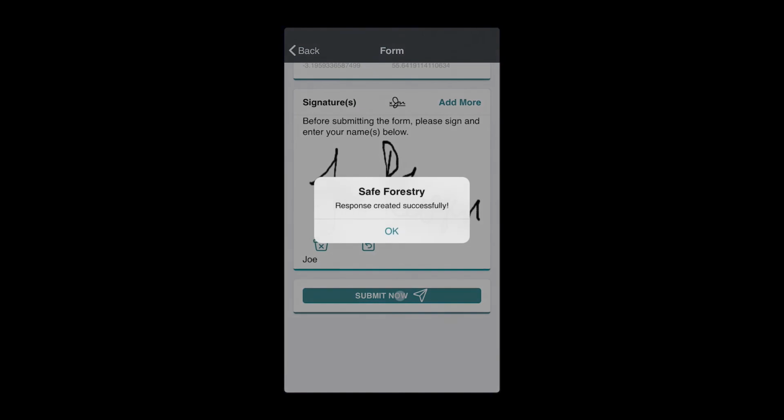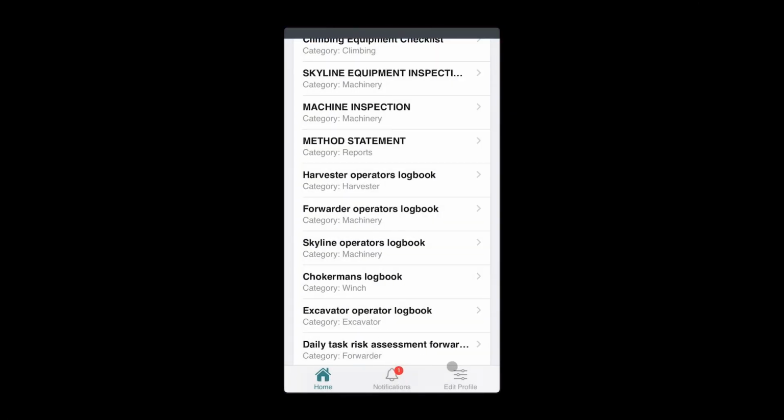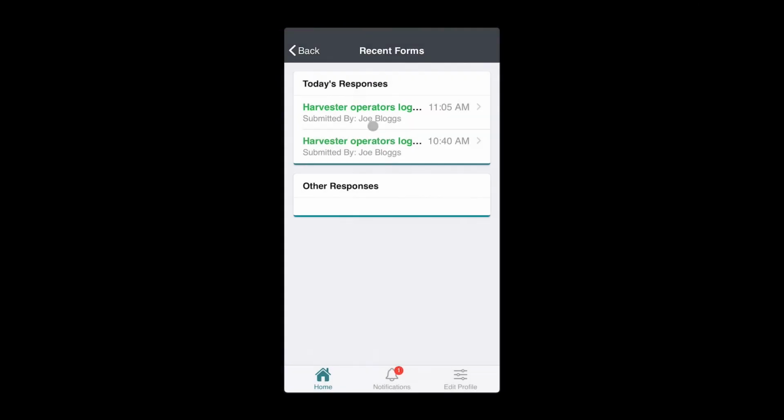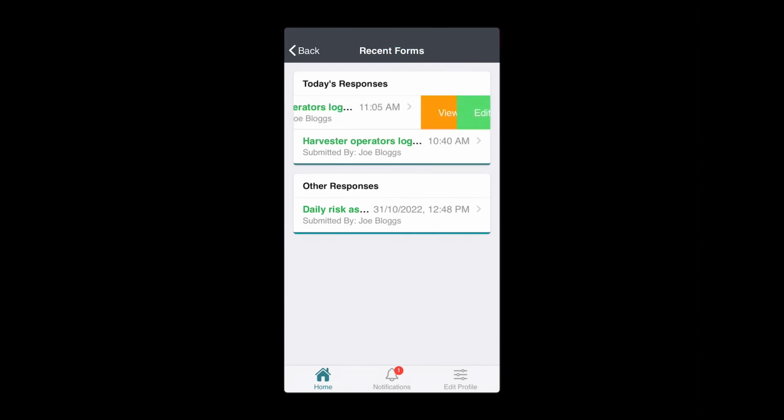However, we do need to complete another step to add this to our competency library. To add it to our competency library, select the home page and select Forms. You'll see the harvester operations log that we've just completed at the top here. Swipe left on this entry where you can either view or edit. You want to select view,